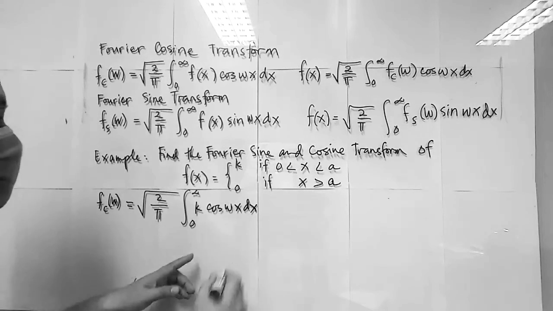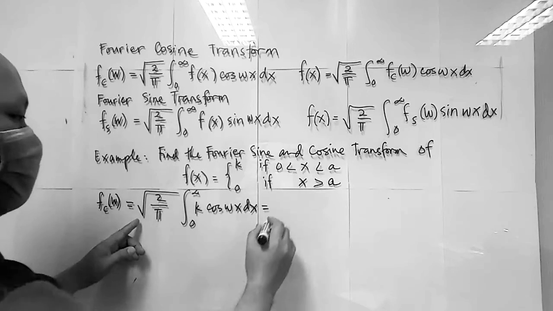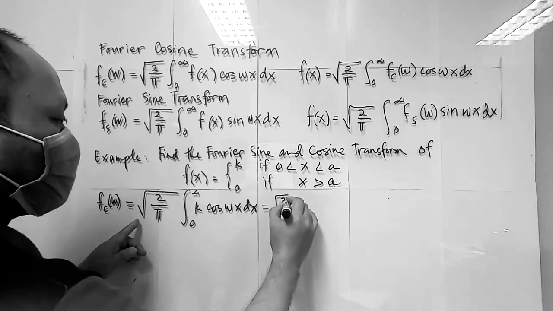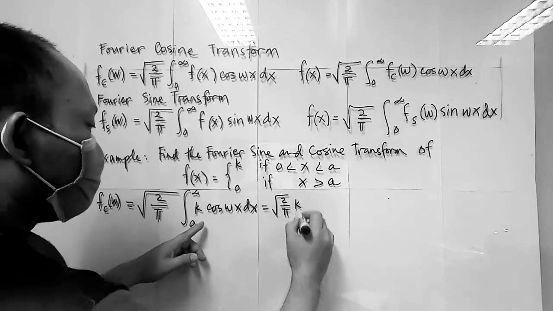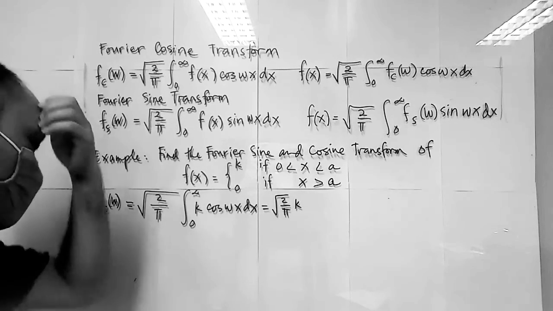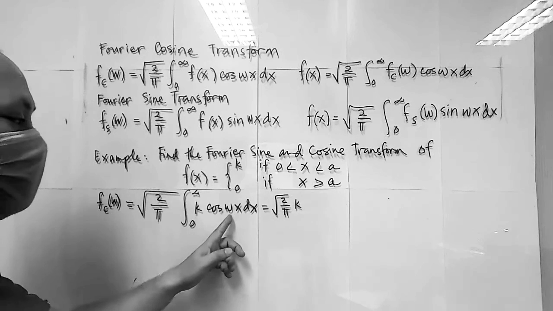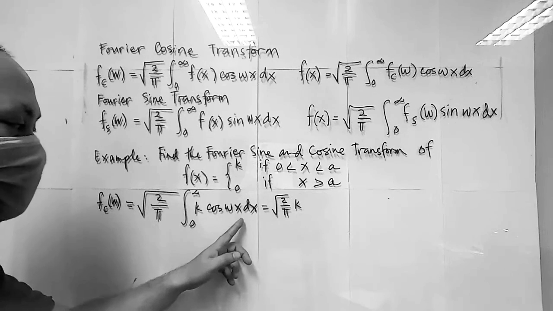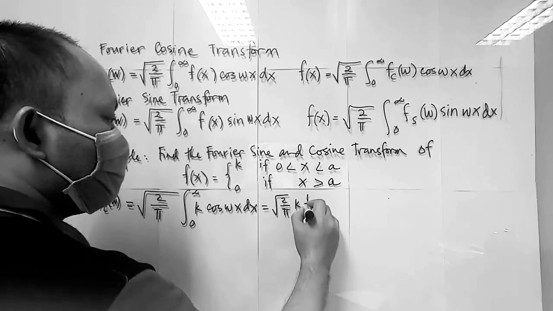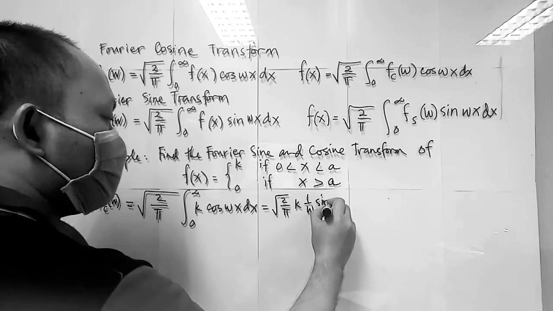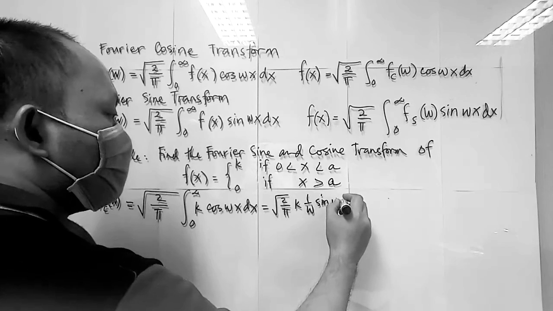So if we integrate this one, of course we'll just copy this first. This is the square root of 2 over pi, and then k, and then integral of cosine, that is sine, and then let u equals wx, derivative of wx equals w. So 1 over w, and then sine of wx